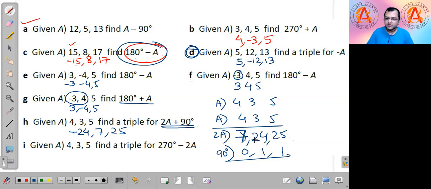No, not minus 12. How do you get minus 12? 7 into 0, 0, and here we have 24. We are adding this, na? Adding means subtraction. 0 minus 24 will be minus 24. And here we have 7 and 0, 7, 25. Minus 24, 7, 25. Is that clear?